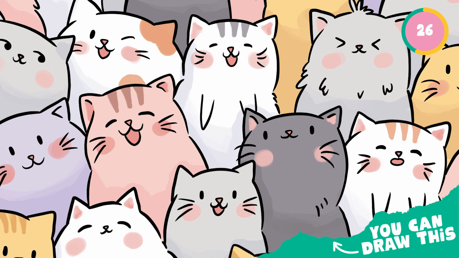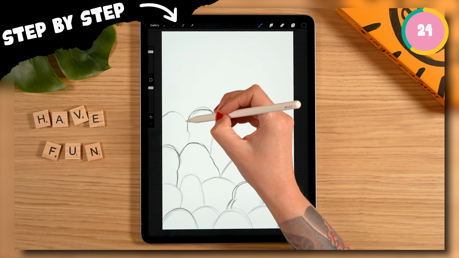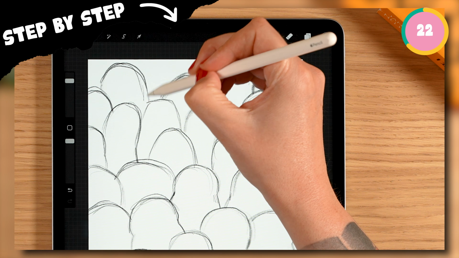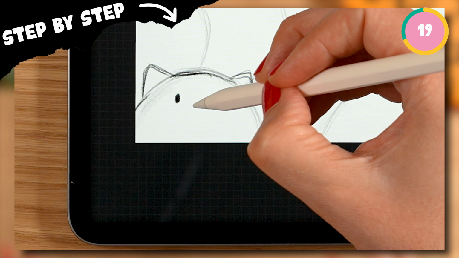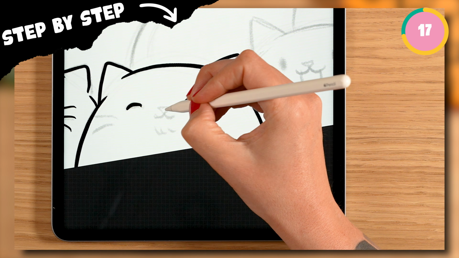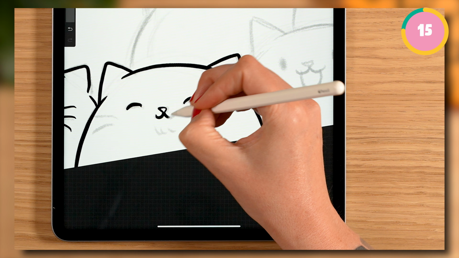You can draw this in Procreate. I will take you through all the steps of creating this illustration with lots of cats. I think this will work perfectly as a background for your iPad or for your phone, and it is super